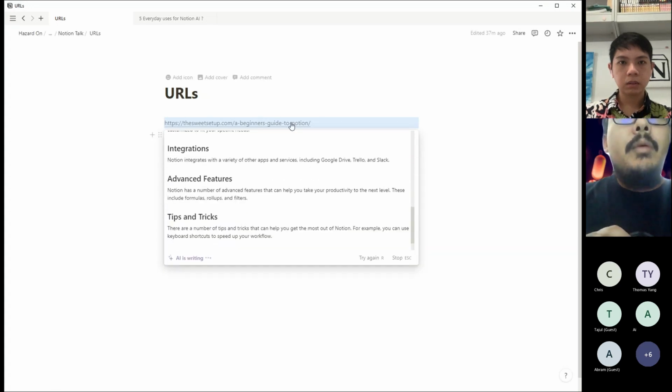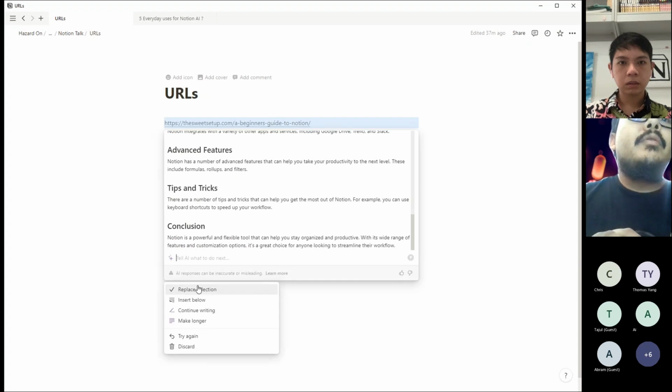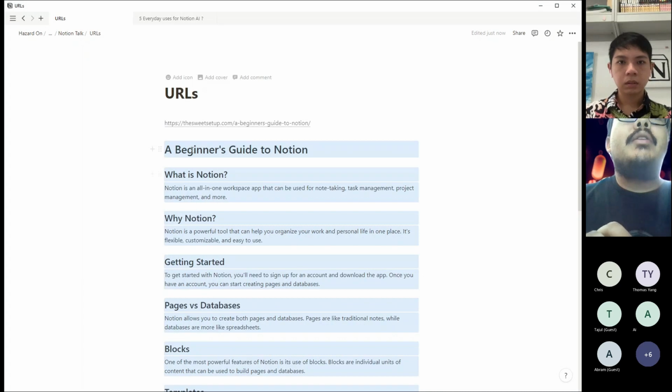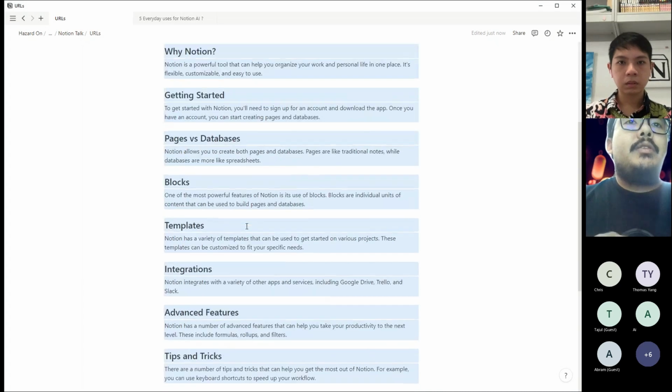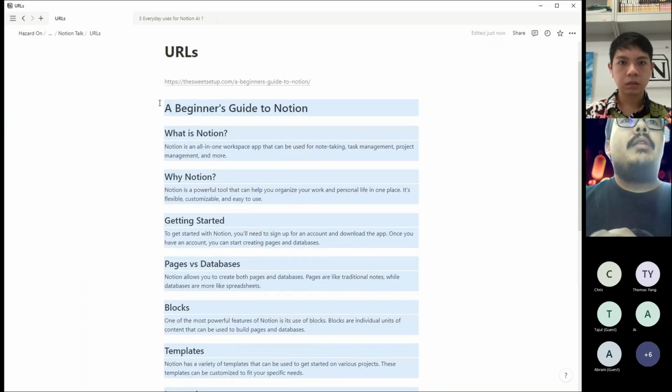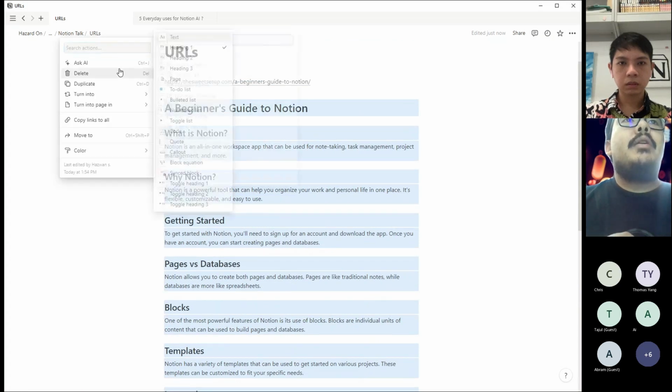So it will read the website for you and make a summary for you. So this is a Notion beginner's guide. So when you have this, you can make it even more detailed because there's more data.